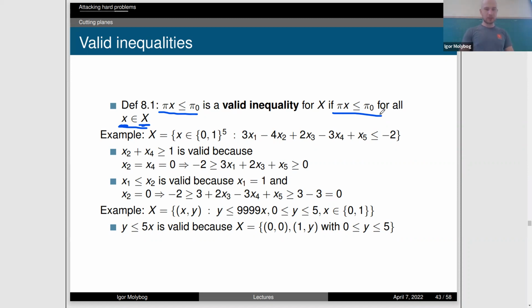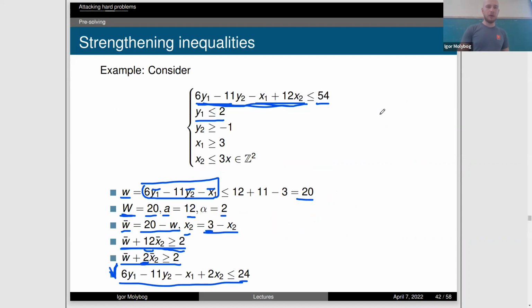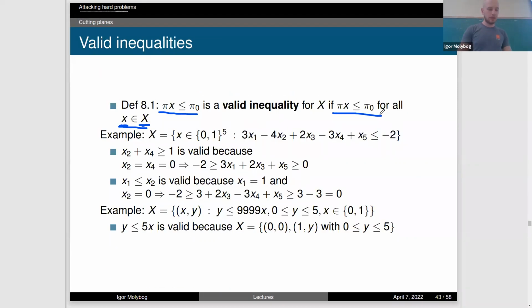So tomorrow during the discussion section, I will consider more examples regarding how to construct valid inequalities and stuff like that. But I think for now, I will stop right here,